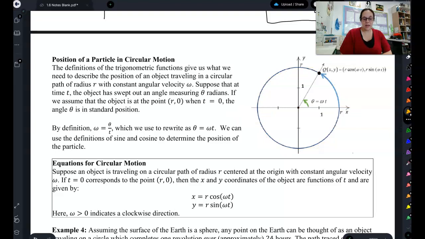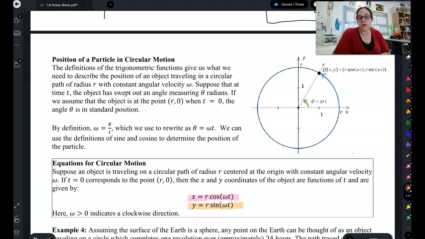Now, same thing with the y value. If we're just looking at the y value of this circle, it's just going up and down, up and down. So we could explain where a point is on this circle by explaining where it is x and where it is y. So if I say the x is here and the y is there, that tells me where it is on the circle. So these two equations